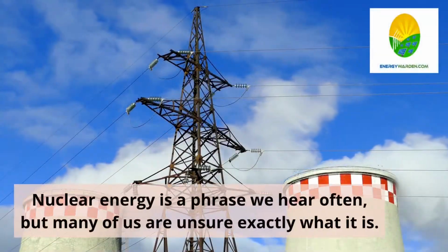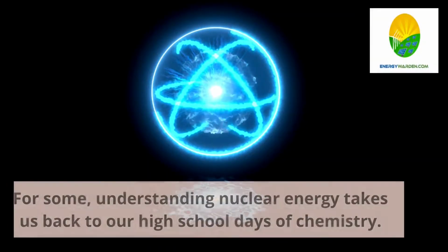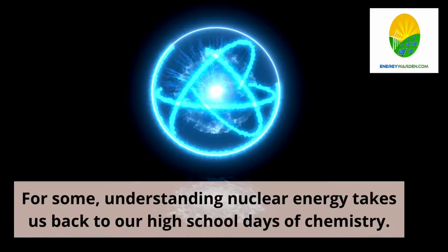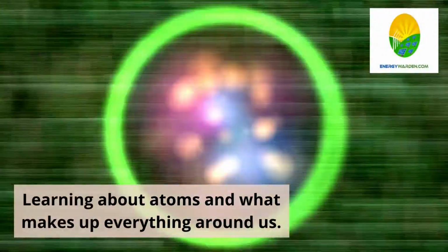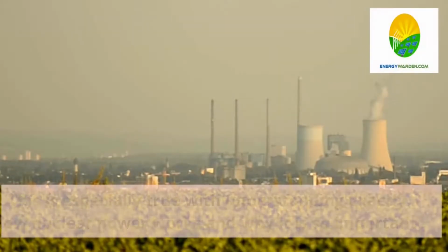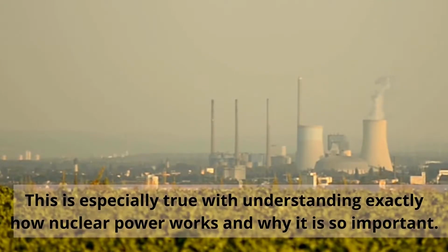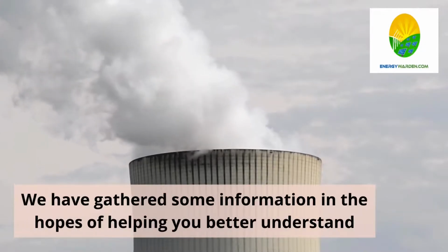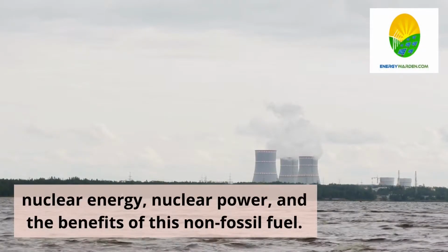Nuclear energy is a phrase we hear often, but many of us are unsure exactly what it is. For some, understanding nuclear energy takes us back to our high school days of chemistry, learning about atoms and what makes up everything around us. This is especially true with understanding exactly how nuclear power works and why it is so important. We have gathered some information in the hopes of helping you better understand nuclear energy, nuclear power, and the benefits